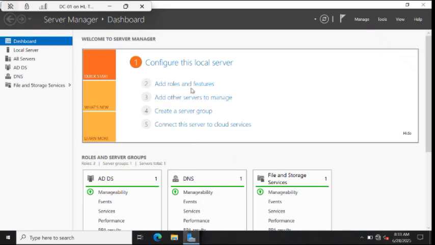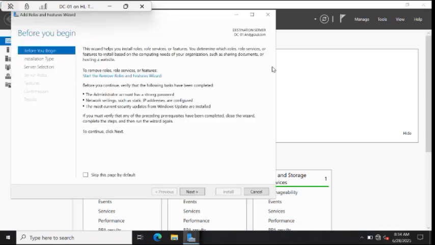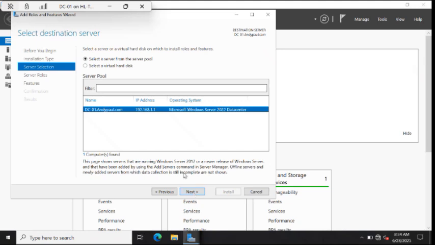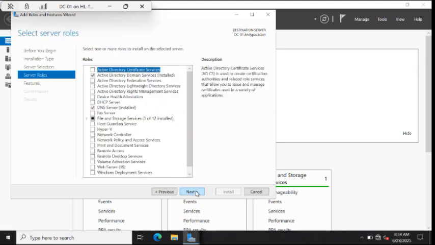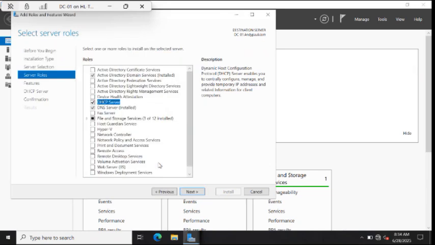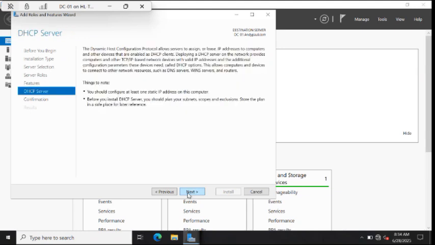So what we want to do is to add a role or feature. You can as well navigate to this manager and click on add roles and feature, whichever be the case. So yes, we want to install this role, and it's a role-based or feature-based installation on this machine, and this is the role we are picking. Yes, and the role is what? DHCP server role. So we want to make this domain controller a DHCP server to be assigning IP addresses to every other devices within this